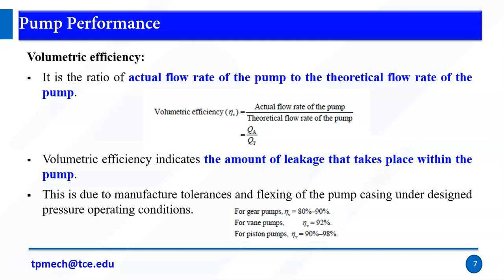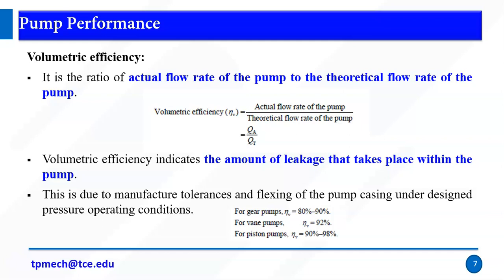So efficiency, I say it's output by input. Output in the sense of the actual flow rate of the pump. So after getting the output, it is the actual flow rate. Theoretical flow rate means if you calculate some flow rate by using the formula, you can get some value. That is theoretical. Actual means we need to measure it from the pump. Generally both are flow rate only. We cannot get the exact theoretical flow rate because leakage may happen.